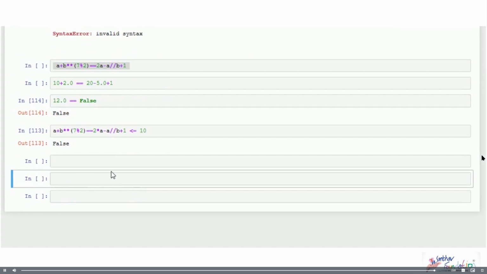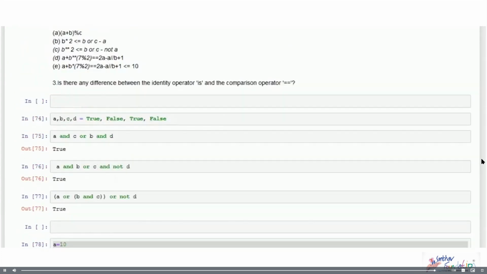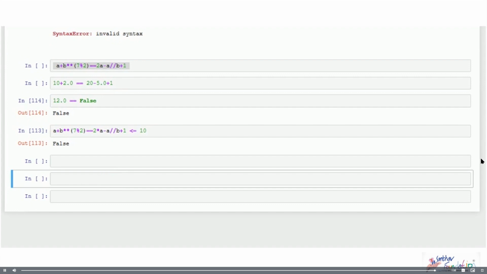Now on to the last question. So the difference between is and equal to. Okay, this is really important because just this mistake might affect the complete program in case you are using this particular condition to change the flow of the program. So know that, while I was explaining, I mentioned that double equal to checks for the equality of the variables and the is operator checks if two objects are the same.